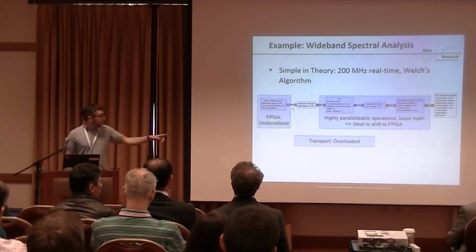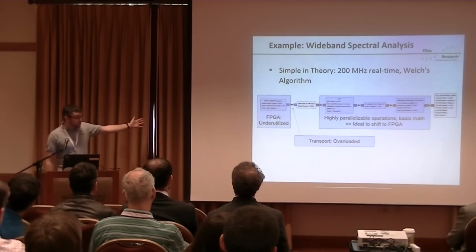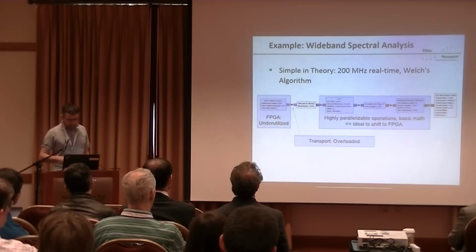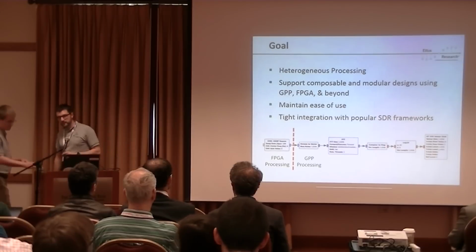But if you can simply move those right-hand operations to the left-hand side of the Ethernet cable, we would be fine because, as you can see, there's actually a decimation component in this flow graph. And that was the idea of RFNoC. So Jonathan will talk a bit about the details of the